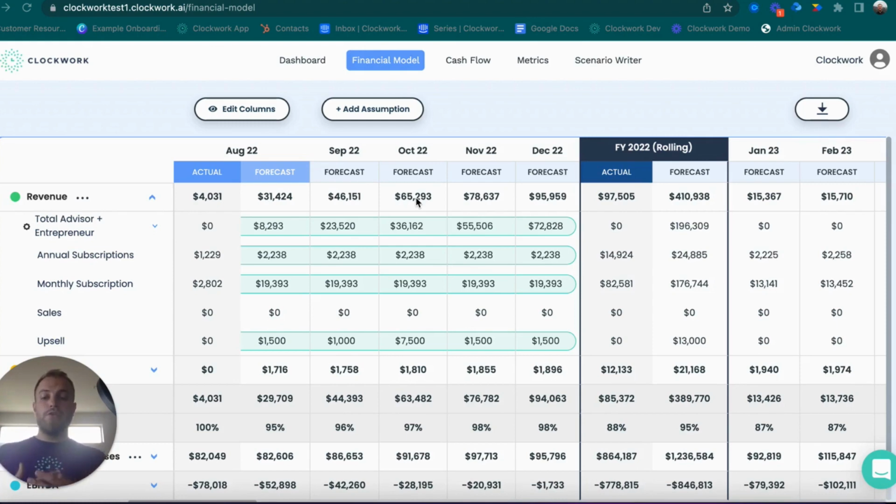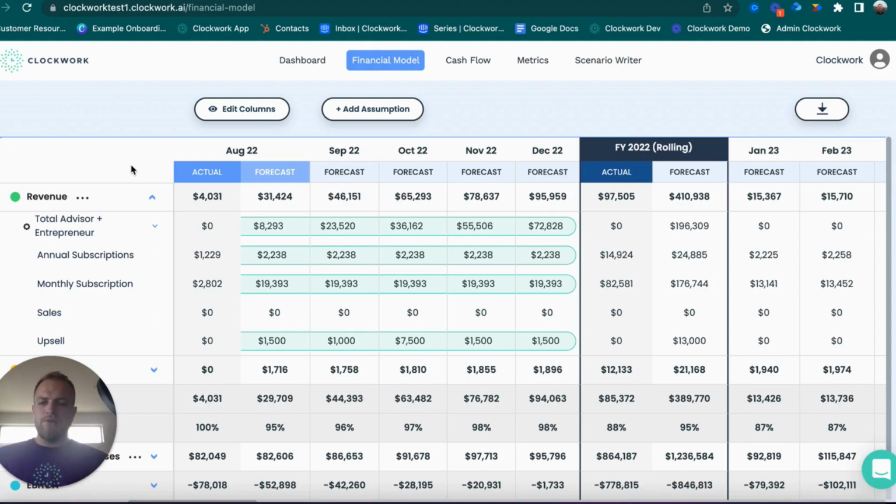So that's why you want to create assumptions. That's why you want to create new accounts or group accounts together. Because while this reflects all of the data from your QuickBooks or your Xero, there's always more to incorporate moving forward. So the first thing I typically do when I enter into our financial model is I think,